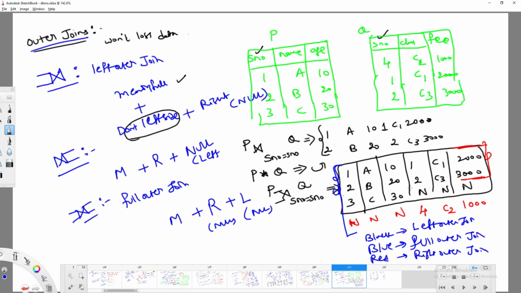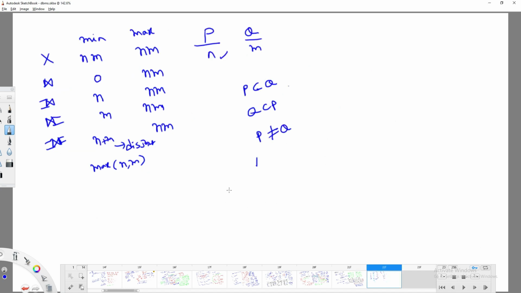So you need to extract a certain formula here. When part of the data is available in both P and Q, you have to extract the formula. Maybe you may not generalize, or you may generalize. You can just try it. In the next class, you can just tell if it is possible or not. Sometimes for certain kinds of questions you may not generalize. Depending on the requirement, you have to go.